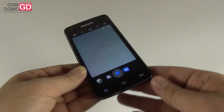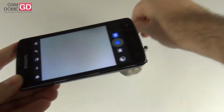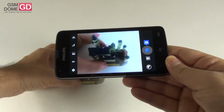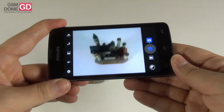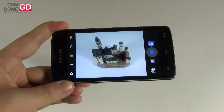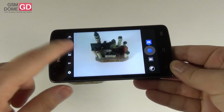So this one is an 8 megapixel shooter with an LED flash and f2.4 aperture. Its focal length is 35 millimeters, and I'm trying to set up this castle here to demo its features, and by its I mean the handset's. The interface includes a bunch of shortcuts on the left side and the main buttons for capture on the right side. So on the left side we got the front camera shortcut, we got flash options,